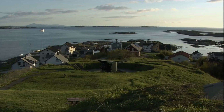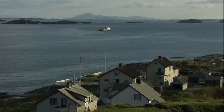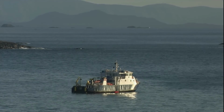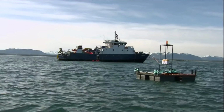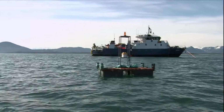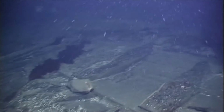They look for alternate routes, but the underwater terrain near the coast prevents the pipeline from going around or under it. They have to go through it. But before they can do that, they decide to study the wreck and recover as many of the artifacts as they can. The problem is that the shipwreck lies in over 200 meters of water, well beyond the reach of